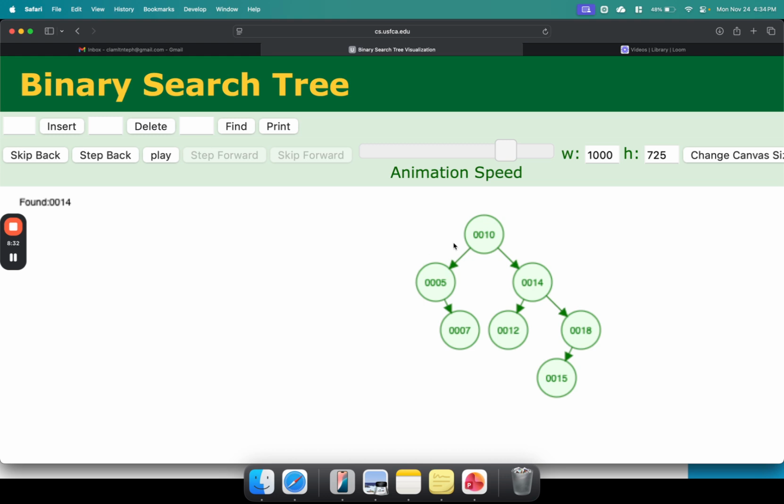If it is, then stop, you found the element. If it's not, move to the left or right depending on the value that you are searching for. And then you stop once you either find the element or you end up reaching a null, meaning your node does not have any children. Very easy, guys. Very nice.